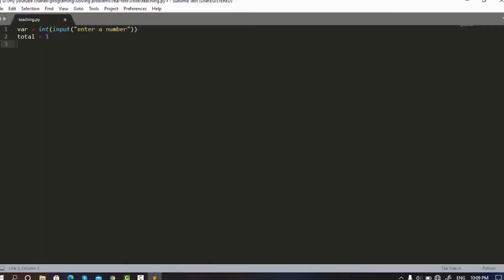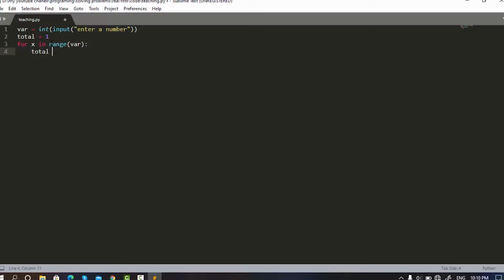Guys, I just realized that we want to multiply stuff into our total, so we're gonna need 1 for it. Now we go to the next line and start our for loop. So let's say for, wow, it just did it by itself. No, I don't want this. Range of our variable,